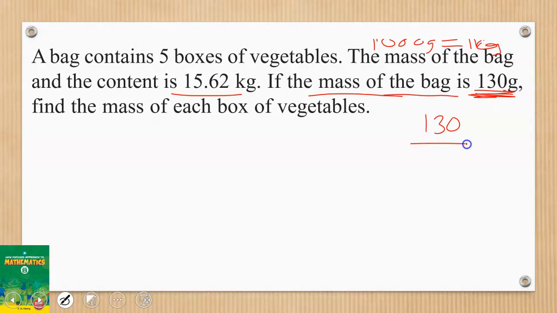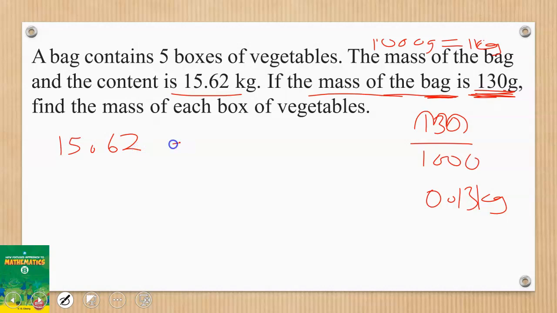We know that already. 1000 grams is equivalent to 1 kilogram. So for us to convert this from gram to kilogram, we'll divide by 1000, which means we just move the decimal point 1, 2, 3, so that we have 0.13 kilograms. So that is that. Now, it means that the mass of the bag alone is 0.13 kg. So we are going to do 15.62 minus